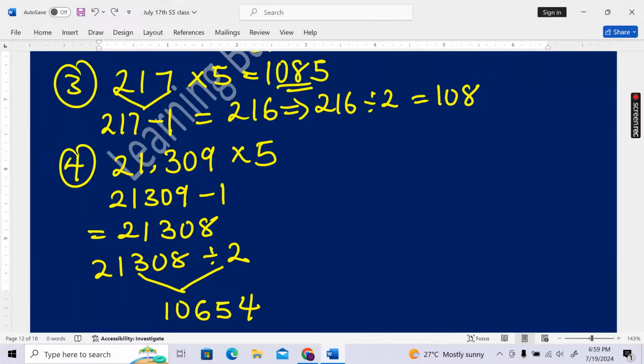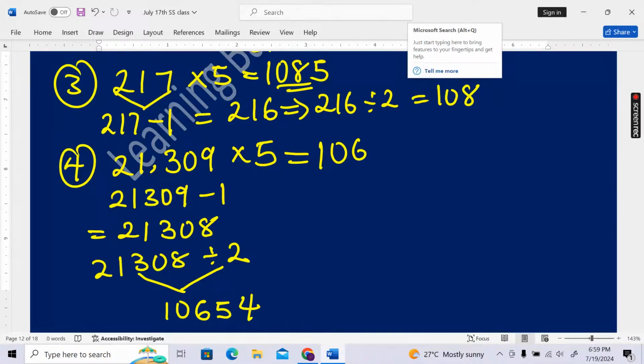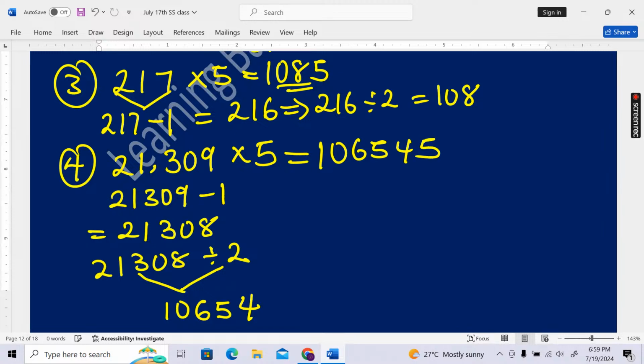You write 5 beside it. That's 10,654, then 5 beside it. So the answer is